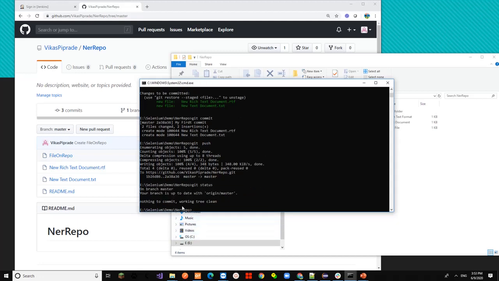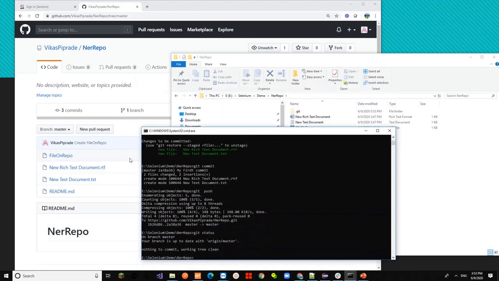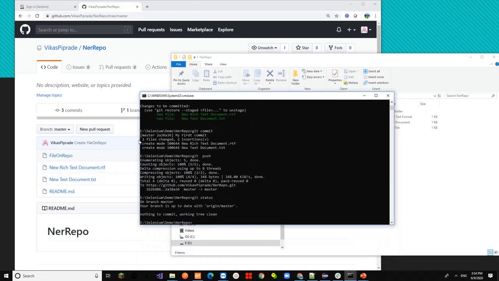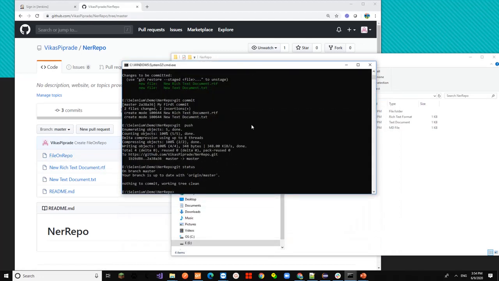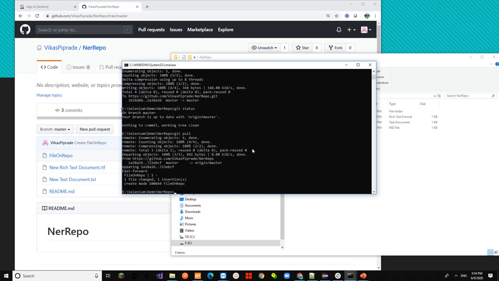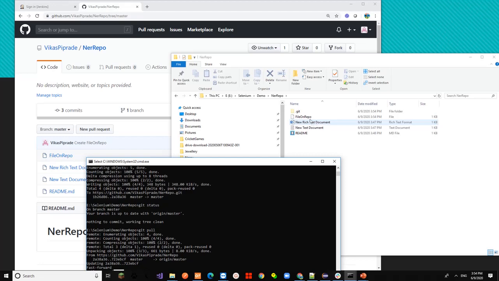It's showing clean branch. So we want to pull this particular file into the local using git pull. Let's pull it. See, 1 plus means it found one additional file, and that is how the new file is also pulled on our local.